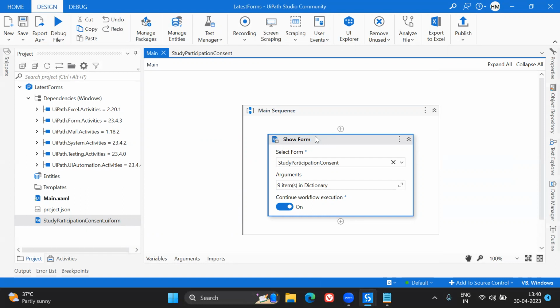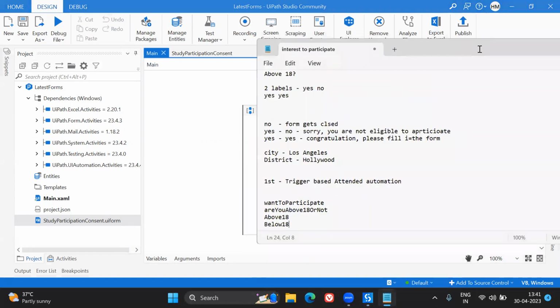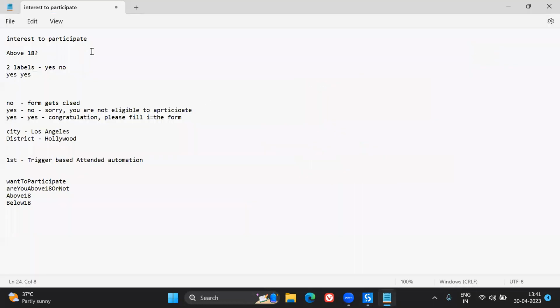And what is the next thing? After showcasing the form, we should be able to perform some activities. Like let's say, what is the first scenario? So let's say if I am interested to participate, no, let's say this answer is no. Okay. In that case, what the bot has to do is close that particular form, right? So for that, what I'm going to do here is